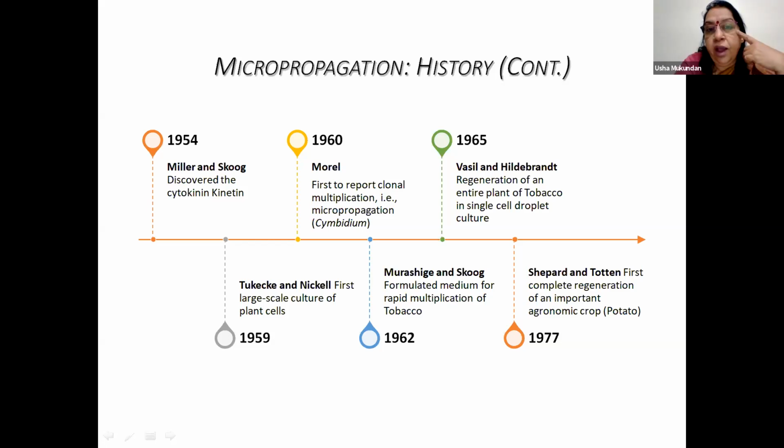And if you ask a Gujarati, what will they say? Dhokla. What does a dhokla have? Same. Rice and urad dal. Or it can be a modification of that. But the prime thing is starch and protein. Similarly, any culture medium, if you look, will have macronutrients, micronutrients, vitamins. However, the proportion may vary depending on the plant which you are trying to culture.